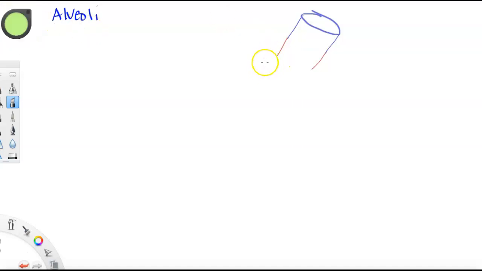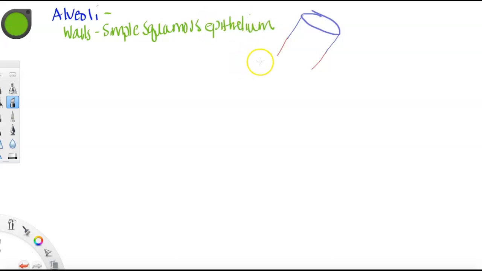Okay, so the alveoli, and you should know this from AP1 and doing the tissues. So the walls of the alveoli are made up of simple squamous epithelium. And you should know this. That should be a review. So if we make our little alveoli,